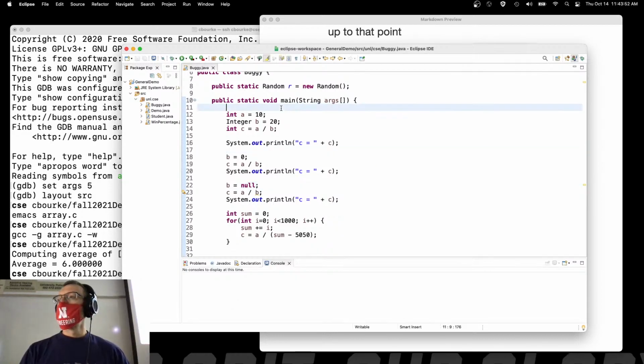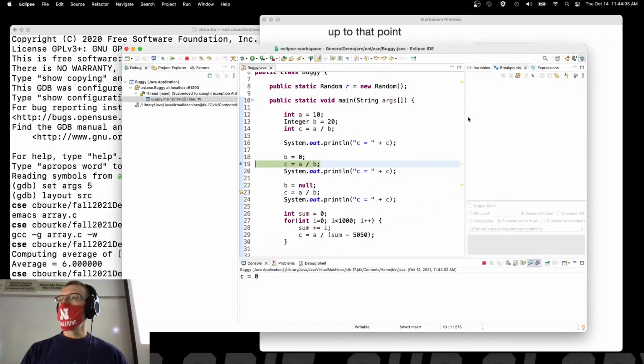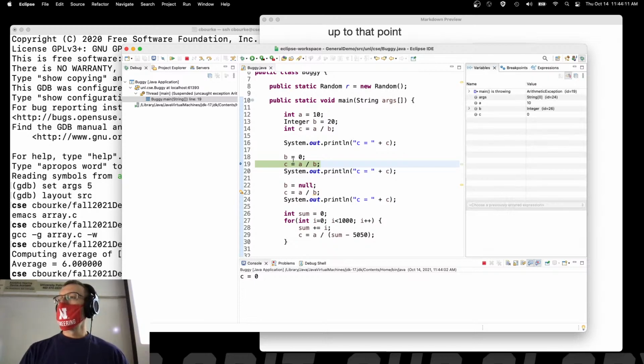Same thing in Java. Right? So I've got a buggy program here. The debugger is up here. This is not the same program because I can't manifest the same bugs. But this little bug up here allows you to run it and switch to a debug mode over here. Over here, you can take a look at variables, breakpoints, expressions. I set a breakpoint over here there in blue by double-clicking. Right? So,